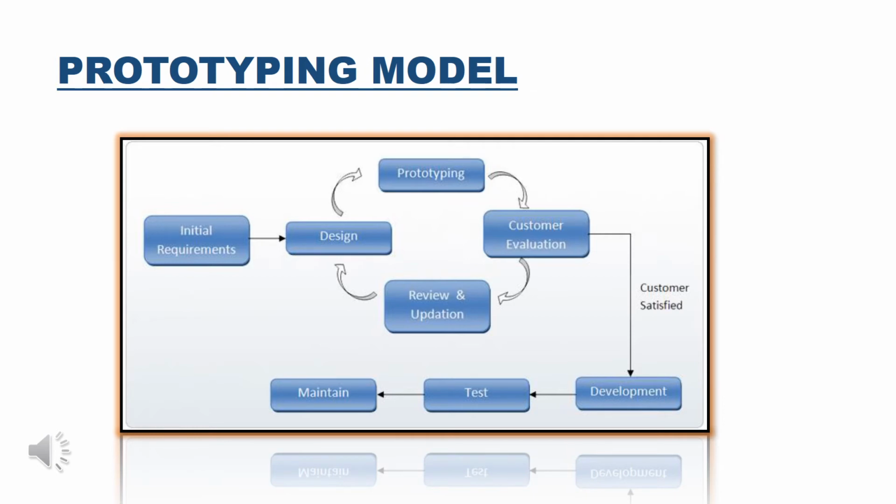And then this prototype is presented to the user for thorough evaluation, and to get feedback as to what is to be added or what is to be deleted. So all these comments, or you can say suggestions, are collected from the users and provided to the developer team. And if the user is not satisfied with the current prototype, then it is evaluated again and refined according to the user's requirements, and this process continues until all the requirements that the user has specified are met. And once all the requirements of the user are fulfilled and the user accepts the final product, at the end this final system is evaluated thoroughly and then provided to the end customer.